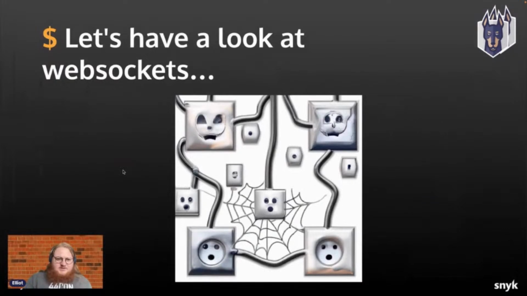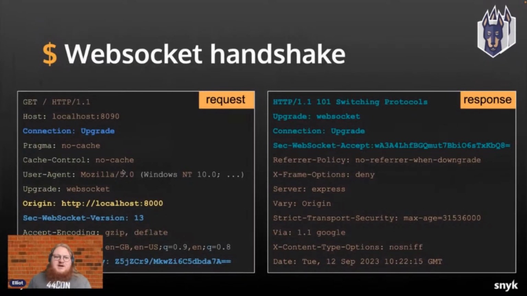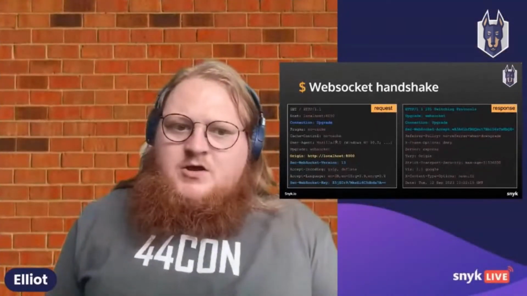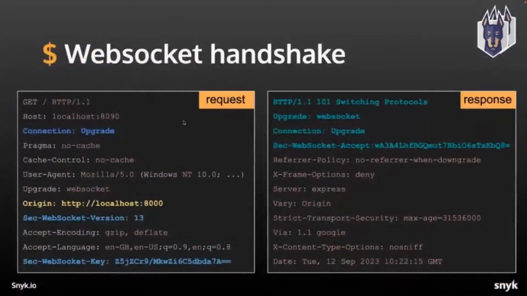So let's have a look. First of all, we have the WebSocket handshake, and with the WebSocket handshake, as I said, it's a normal HTTP request, but what we have here is this connection upgrade header, and then this is combined with two other important headers here. So we have the Sec-WebSocket-Version, where the current version is 13, and then a Sec-WebSocket-Key, and this is just a random value that's generated by the client and sent with the WebSocket handshake